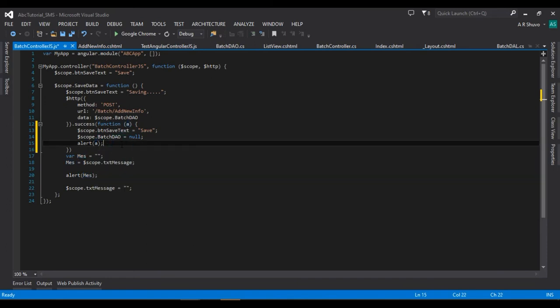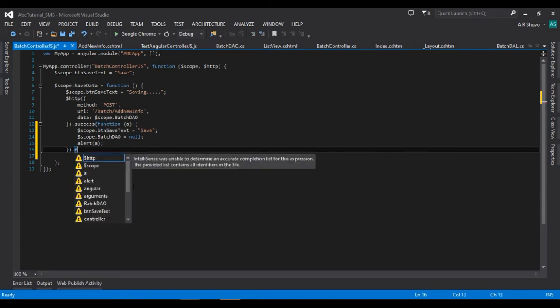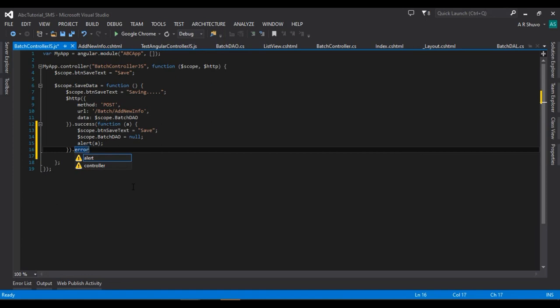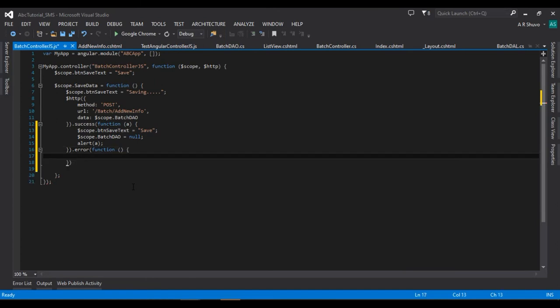Okay, and we are going to remove this. Dot if not success, error function, alert failed. Okay,